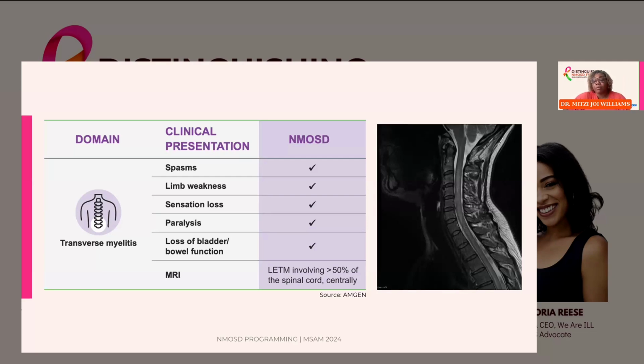So they're long. Whereas with MS, you have short lesions, so you have a little dot here, a little dot there, but it's not like one long spot or one long area of damage affecting the spinal cord. And so the symptoms that we can see can be weakness, numbness and tingling, people can have spasms. Again, more often than not, the symptoms can be more severe. So someone may have paralysis where a limb or extremity doesn't move at all. And so most of the lesions, as we said on the bottom, over 50% are longitudinally extensive lesions in the spinal cord. And so this is the type of transverse myelitis that we see with NMOSD.